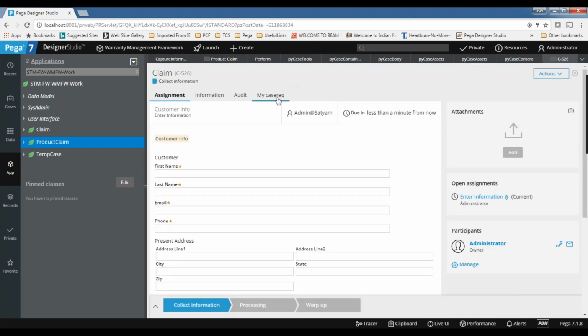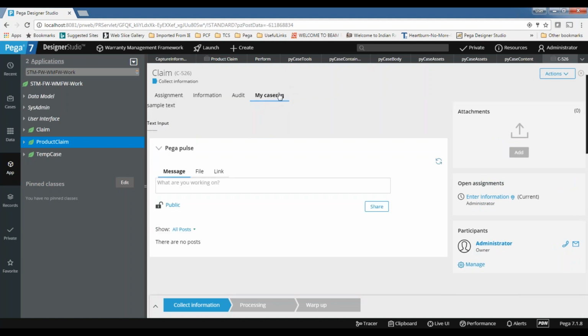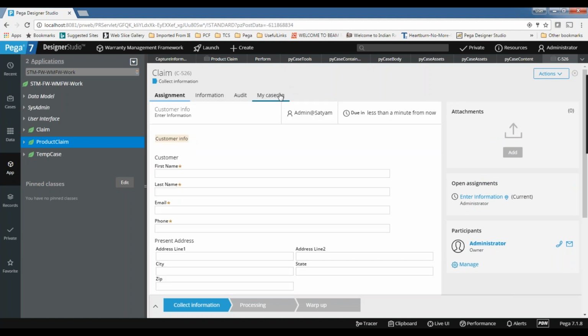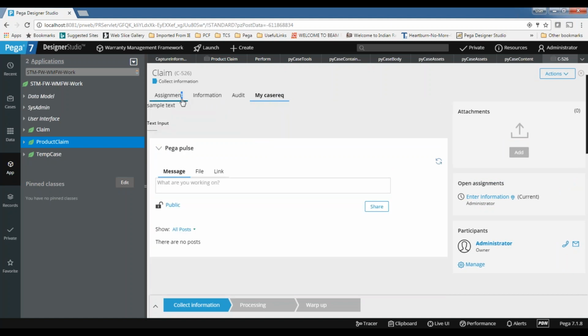Now you can see a separate tab is coming, my case requirement. So like that I can customize this and add one more tab, or else you can delete existing tabs. Whatever you want to do, you can do something like this.